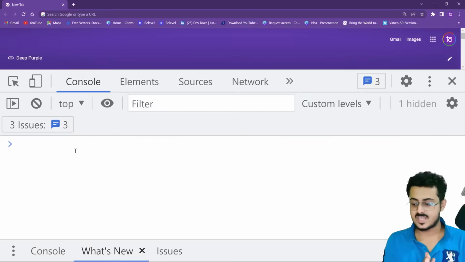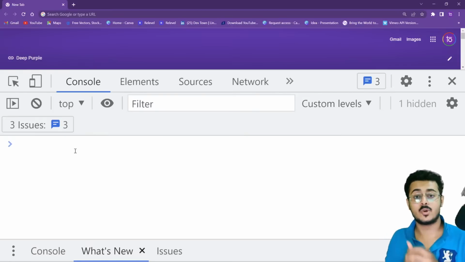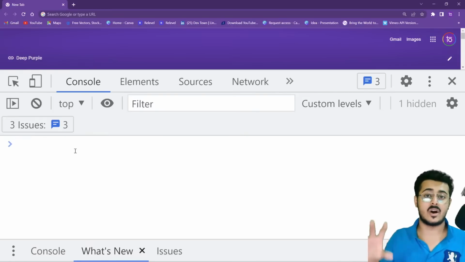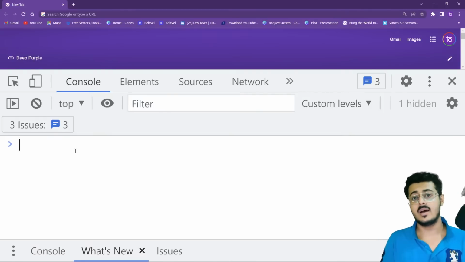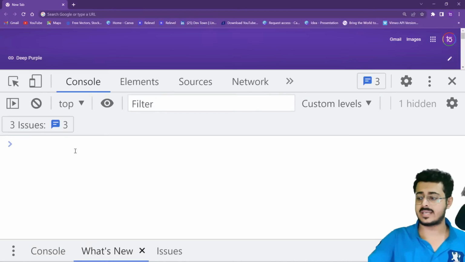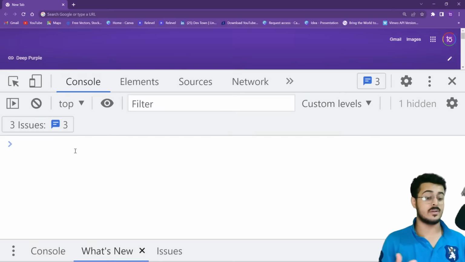So we'll start with writing hello world in JavaScript. For those who are not able to see the screen properly, I understand that you are using YouTube for the very first time, so don't worry about it, guys. You can just click on the three dots on the top right corner of your video itself. From there you can choose the quality, move it up to 1080p or even 720p, and then you will be able to see everything very clearly.